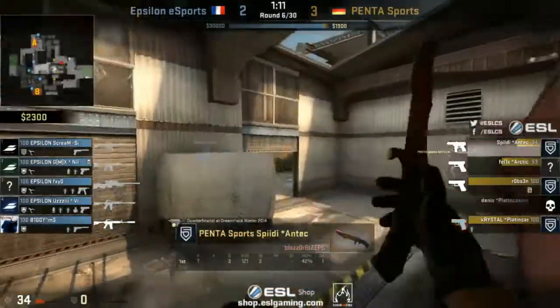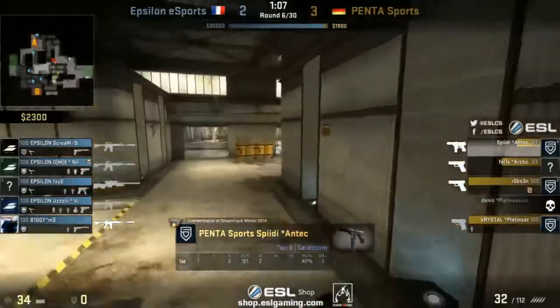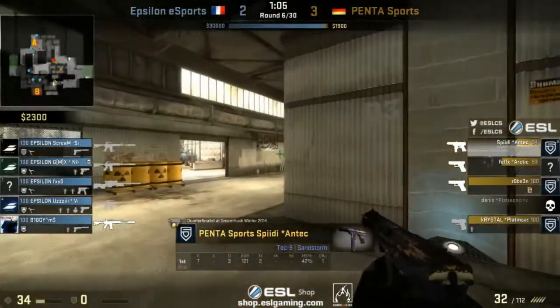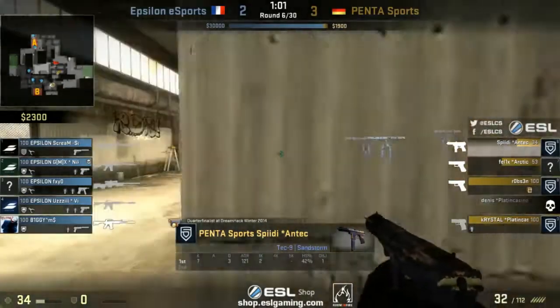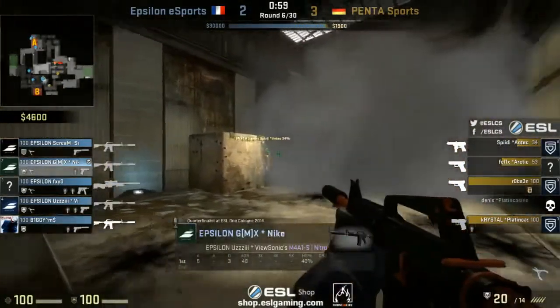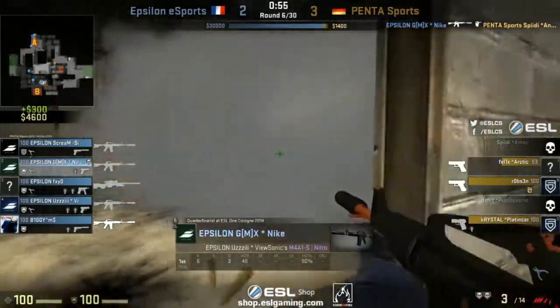Yeah. Half-hearted eco rushes rarely go well for your team. So it's surprising to see that Penta didn't really commit to going towards B, because as Sam said, the B rushes are lethal on this map, and if they actually just followed through, they could have very easily picked up GMX in